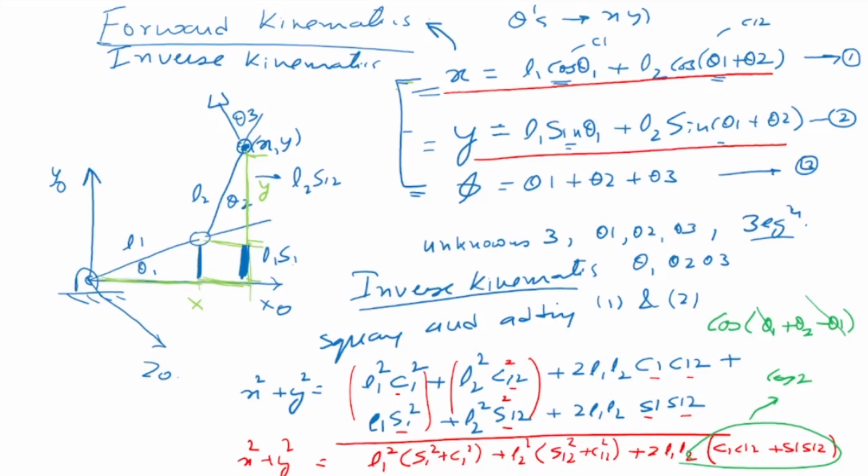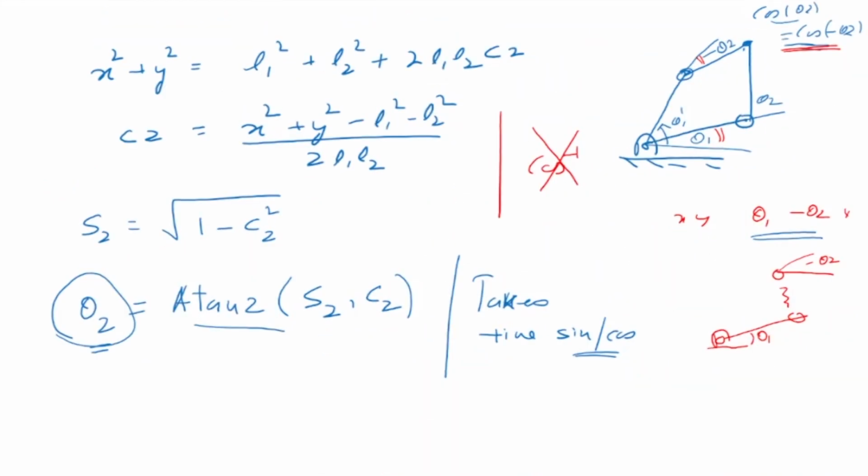Now let's look at a numerical problem so that this concept of forward and inverse kinematics becomes a little bit simpler and easier to understand. And also we look at some things like numerical rounding errors that can come in a robotic system. So let's look at this same problem. Now we have this manipulator system